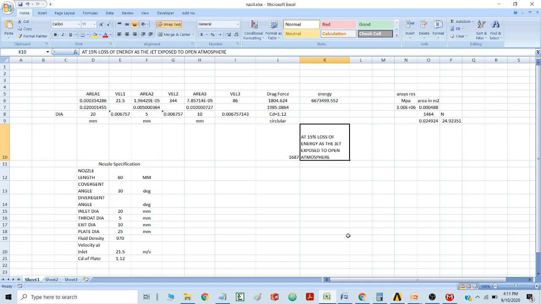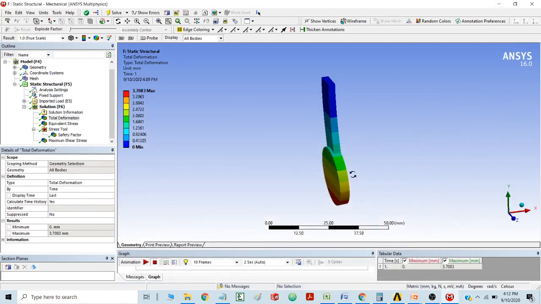Considering the exposure of the jet to the atmosphere, there will be approximately 10 to 15% loss of energy due to sudden deceleration, you may say. So further you require lots of other information regarding the same kind of system, and you may resolve the problem with more precise equations. Using the energy method, you can directly calculate the value of velocity from the energy acting at that particular place. Using the concept of kinetic energy, you can also solve the problem. So these are the different approaches which can be used for analyzing or designing a simple probe.